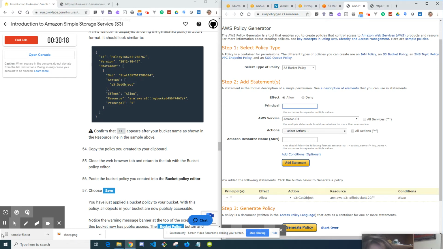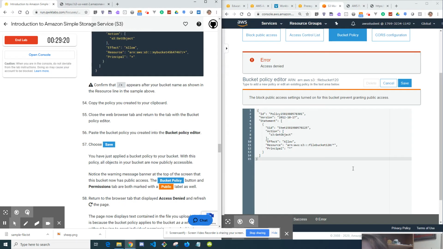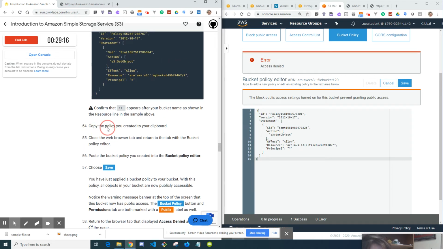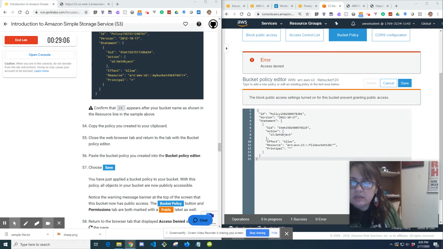I'll pause this while I figure out what I did wrong. Okay, I'm back. I know what I did wrong. And it wasn't necessarily me, as far as I can tell. I'm following the instructions exactly. But this is actually one of the things that is very frustrating about anything in tech. It's not just AWS, but AWS is very guilty of it as well. It doesn't always match. Like this is the documentation. As far as I know, I didn't miss any steps. If you see that I missed a step, let me know. But